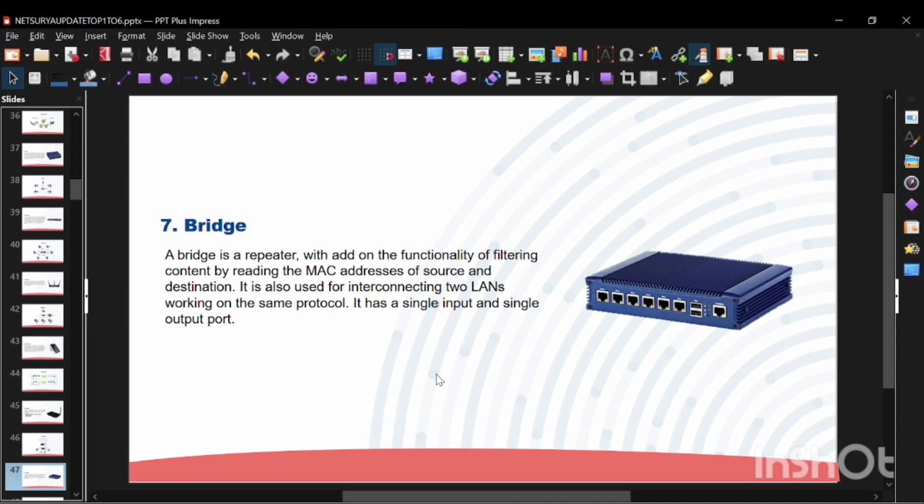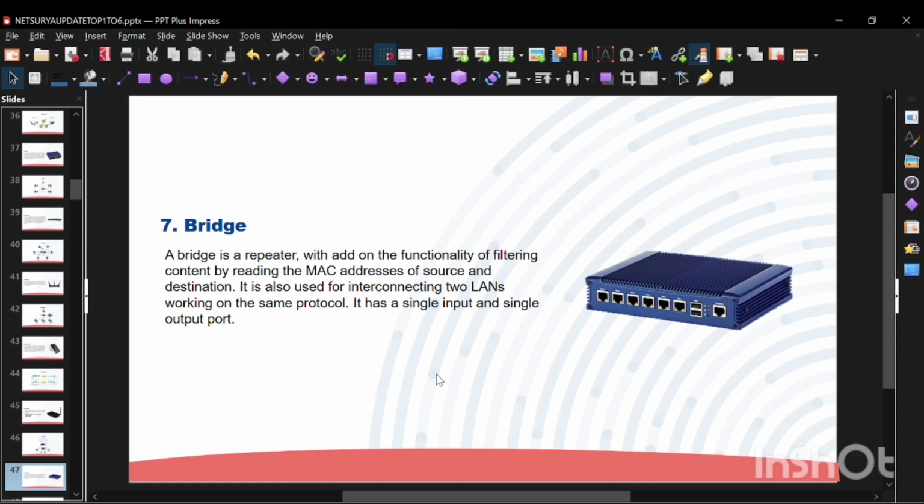network. Okay, so according to the definition, a bridge is a device that connects two or more separate local area networks or network segments and forwards data between them, and it helps reduce traffic by dividing the network and only passing necessary data, improving overall network efficiency, right? So that's all about your bridge.